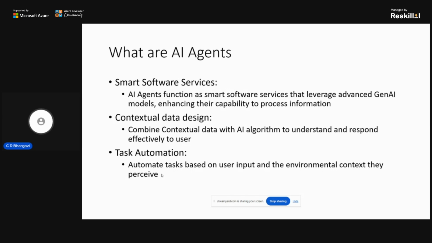Also, an AI agent is something you use when you want your task automated. To put in an example, your chatbot would be a perfect example of an AI agent, because an agent sits in for the task that you define, and it performs the task that you give it.